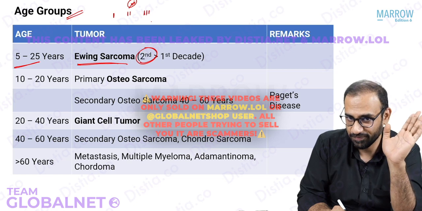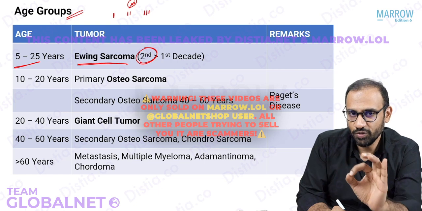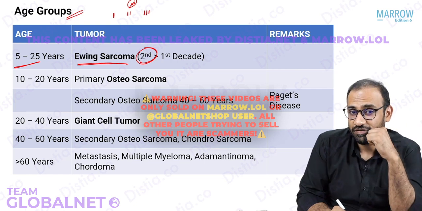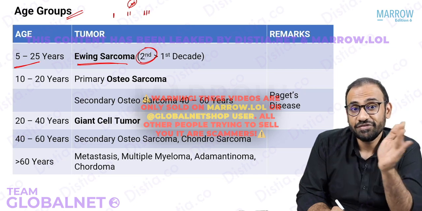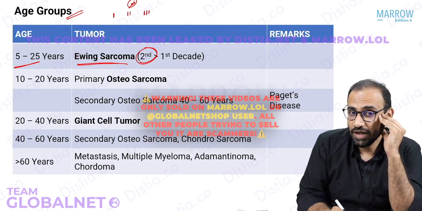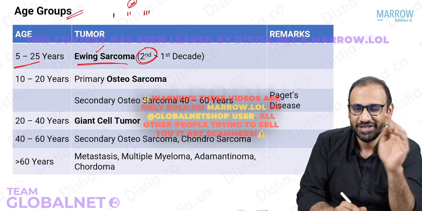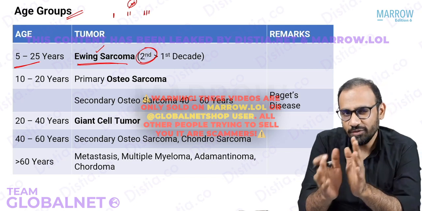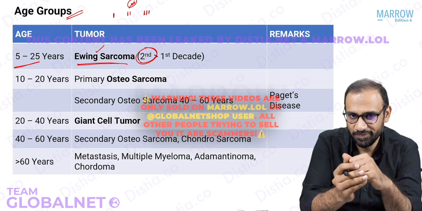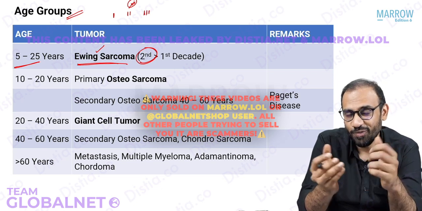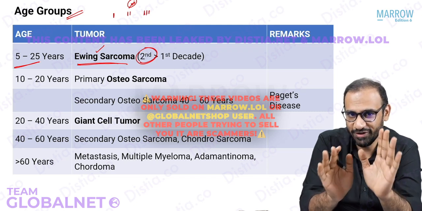So this is the first MCQ. Second MCQ is, what is the most common malignant tumor of the bone in the first decade of life? What have I asked you? What is the most common malignant bone tumor in the first decade of life? What will be the answer? The answer will be Ewing sarcoma. Are you following me? So listen to me again. What is the most common malignant bone tumor in the first decade of life? The answer is Ewing sarcoma. Okay. Ewing sarcoma most commonly occurs in which decade of life? Second decade. Two MCQs. Now you've understood how they'll play this game now.